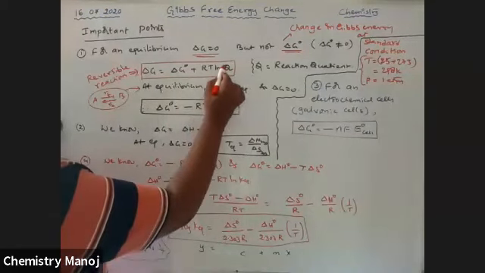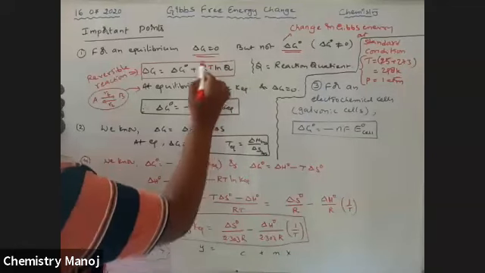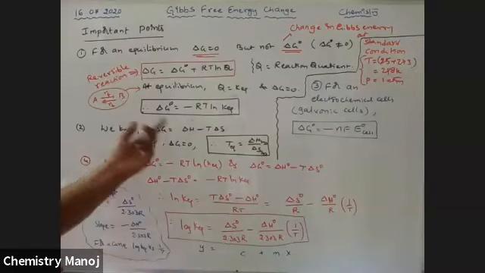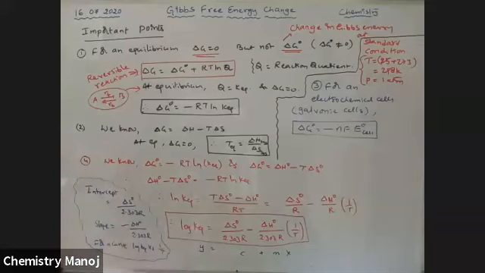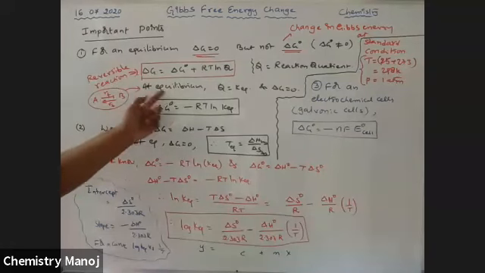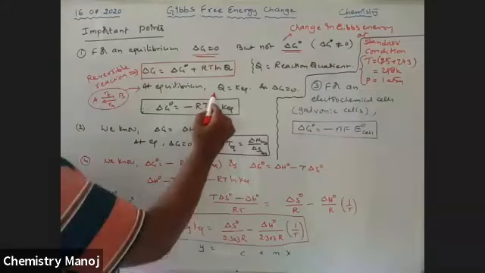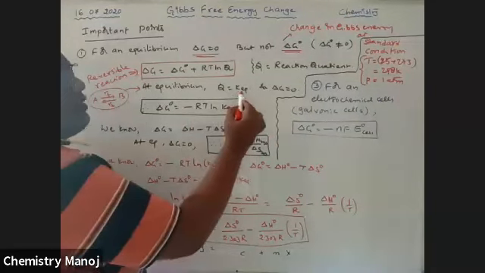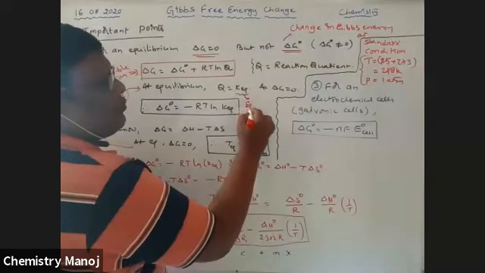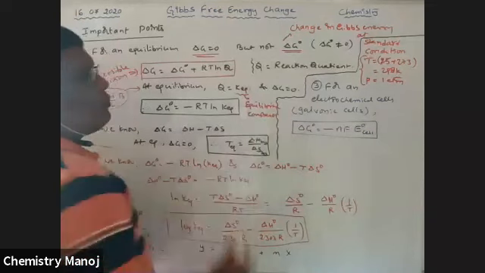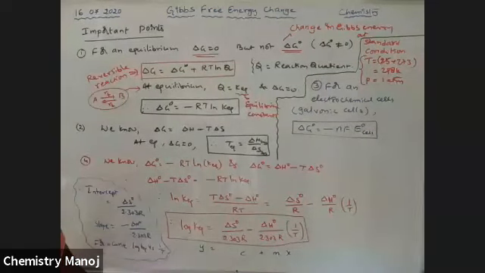At equilibrium, Q is nothing but the reaction quotient. I will explain this in ionic equilibrium or chemical equilibrium, please wait. So the reaction quotient Q is for a particular reversible reaction. Because the reversible reaction is now at equilibrium, that reaction quotient is called the equilibrium constant. Here Q is the reaction quotient, K eq is the equilibrium constant. At equilibrium, the reaction quotient is equal to the equilibrium constant.